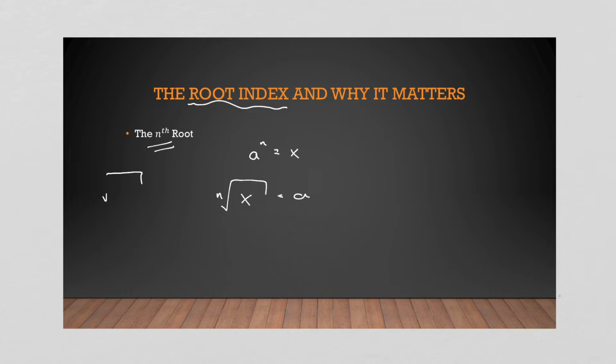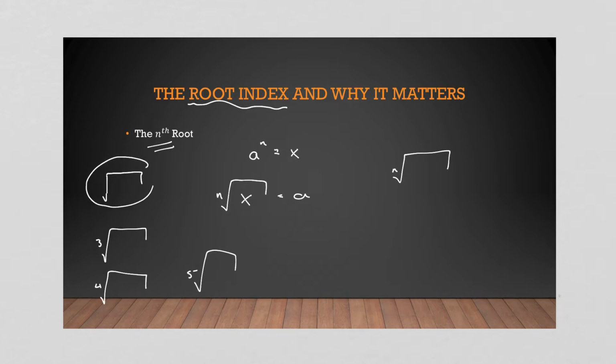Now, what that means is that's a little square root, but we don't draw the little 2, right? And then what you've maybe seen before is a symbol with a little 3 there. Now you can have a 4 there or a 5 there. What we get to is an n, which means the nth root, and we just pick one. The most basic that we deal with is a square root, and then a cube root, and then a